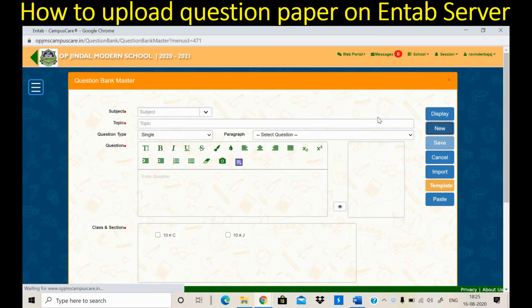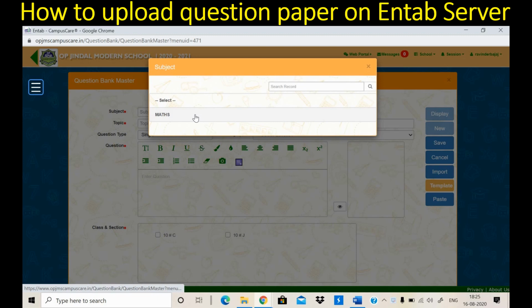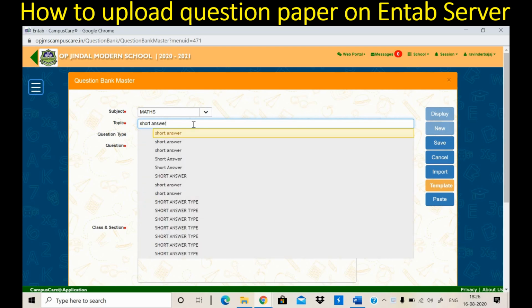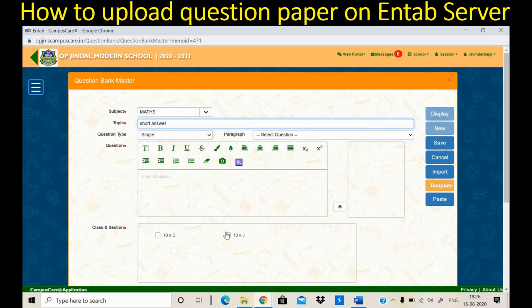Now in this one I want to insert one more question, a second question. Click on new question button, subject, mathematics, topic, again short answer type. Now this is again for class 10J.